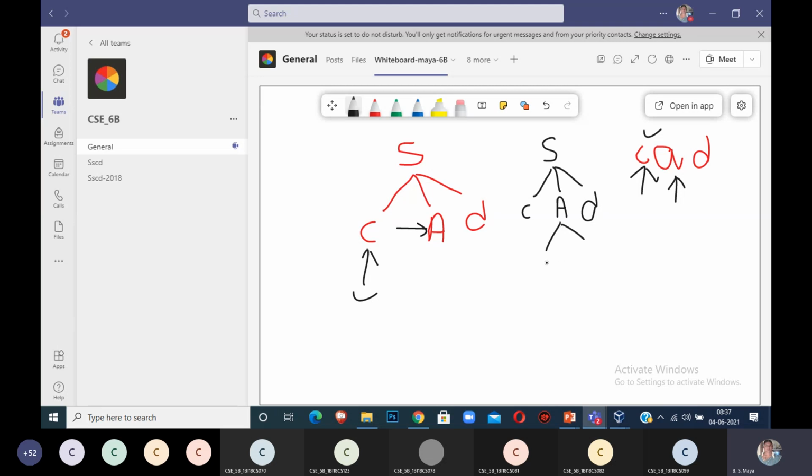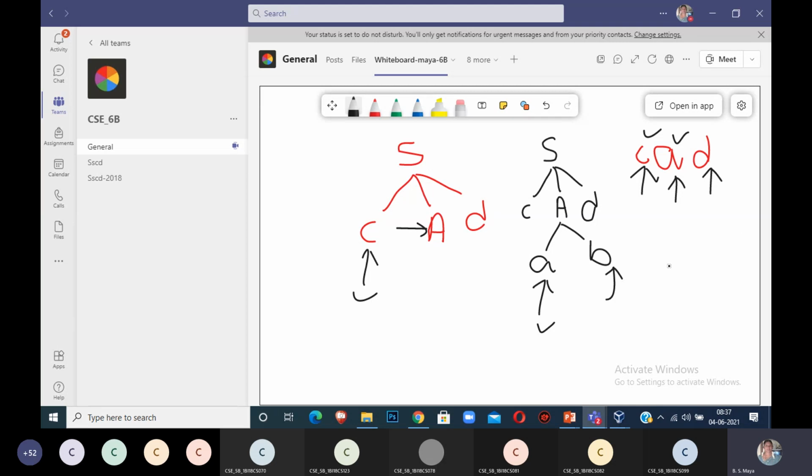What is the leftmost production? A → ab. The leftmost production is ab. Now the input pointer is matching a. Yes, now a is matched, then it is true. When it is true, we increment the pointer for the next input symbol, and increment the pointer here also.